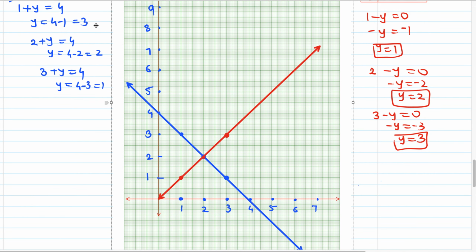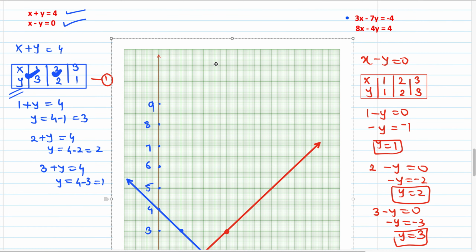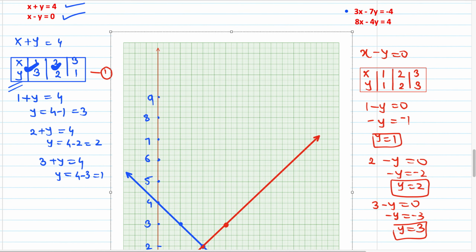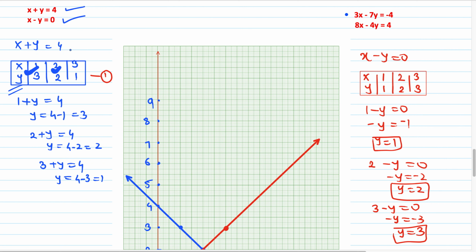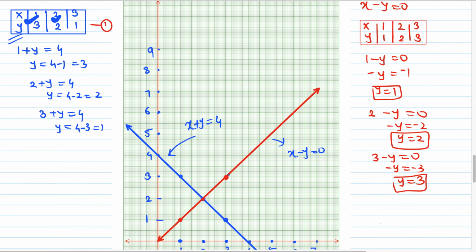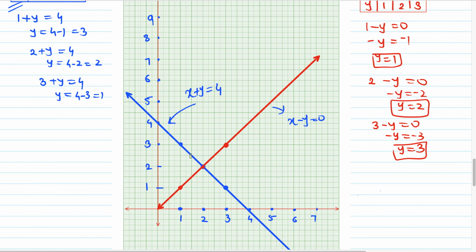So see guys, this is line 1 and line 2. If you want to understand, I will just write down the names of these lines here, so it will be much easier for you. This is nothing but the line x plus y equals 4, and this is the line which is x minus y equals 0. And these two lines are intersecting at what point? At this point. What is this point? This point's coordinates are nothing but 2 comma 2. So without solving anything, you can just write down x, y is equal to 2 comma 2